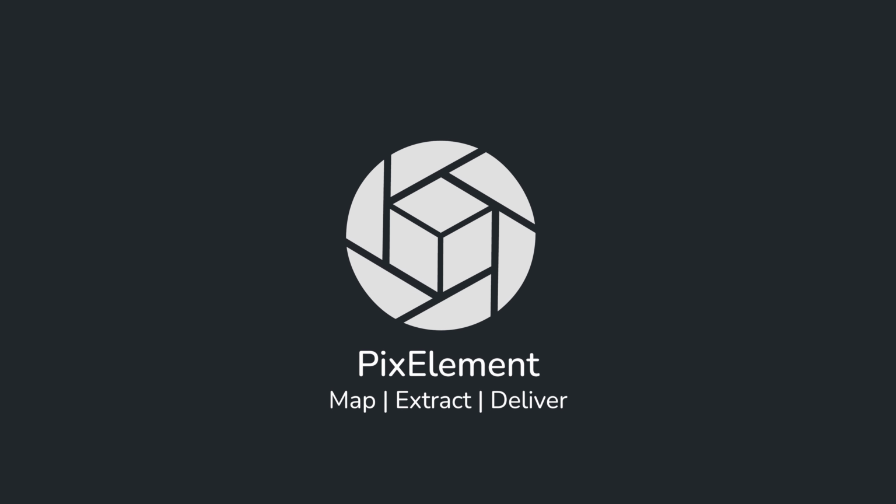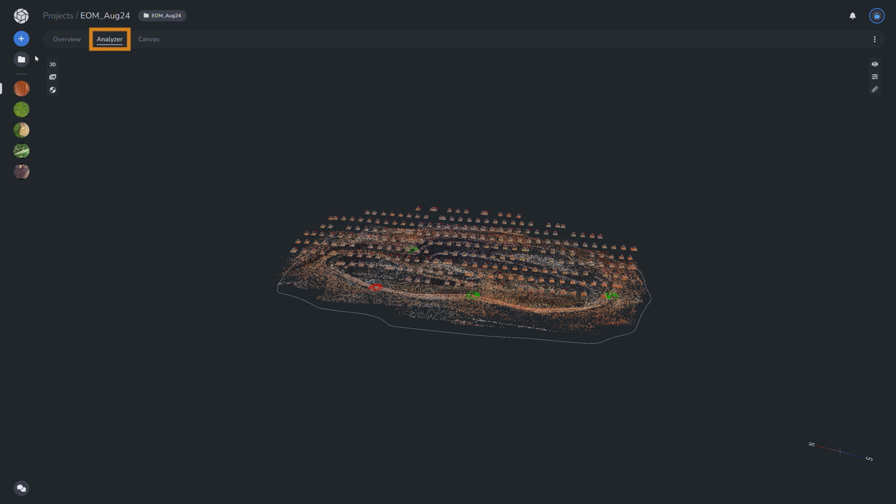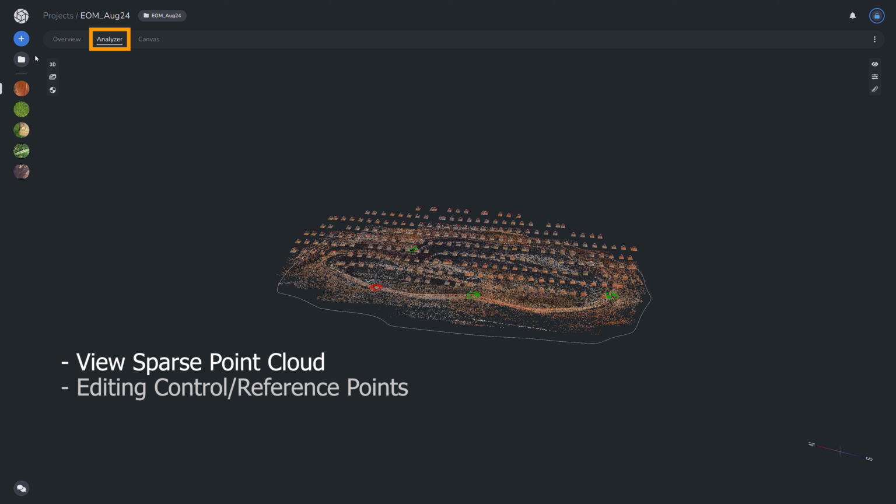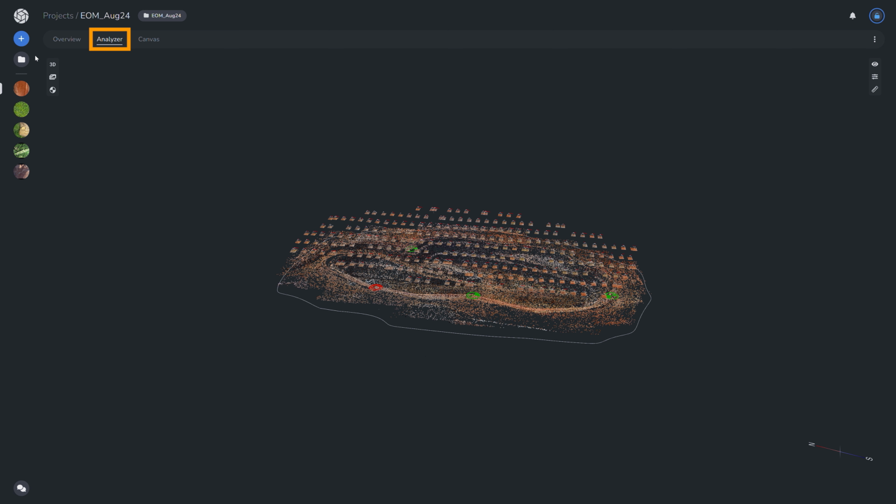Today we are going to be going over how to use the Analyzer tab. The Analyzer tab is used for viewing the sparse point cloud, editing your reference points, and viewing the photos taken by the aerial system. It is a way of getting a quick overview of your project and making edits to